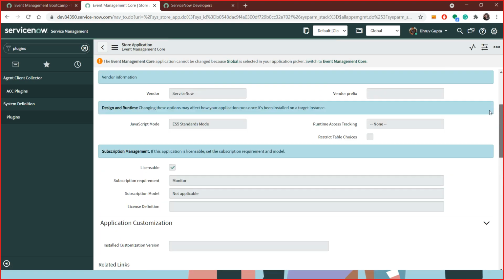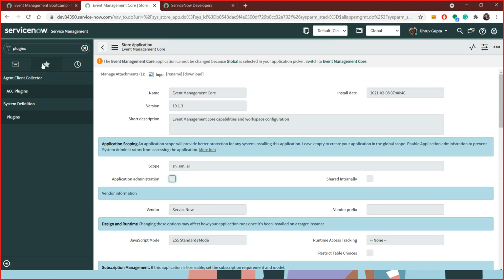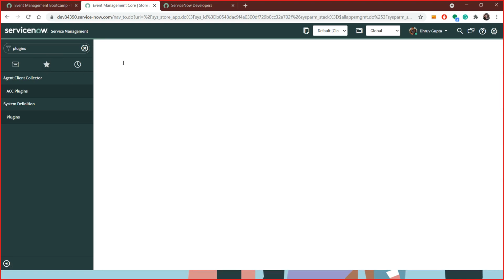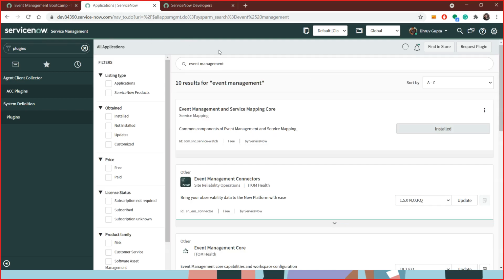I don't remember the name, but it installs one or two more plugins. So just search for event management and it will do that. In case you are not able to do that, just ping me afterwards. I'll create a user for you in this event instance, and then you can give it a shot. Okay.